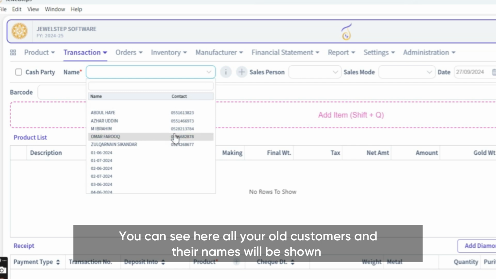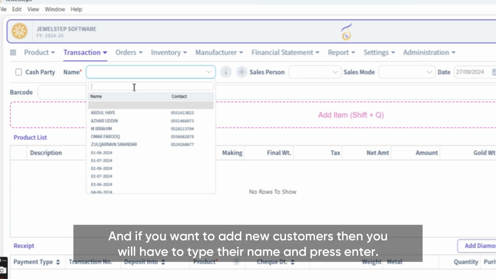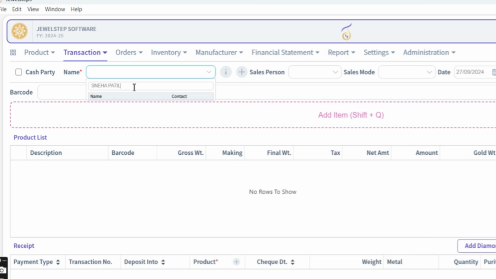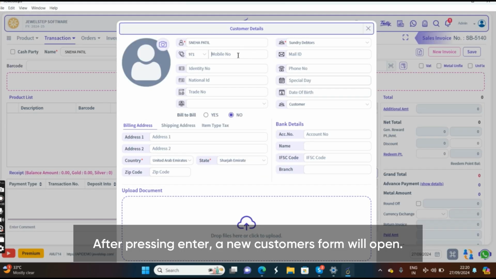You can see here all your old customers and their names will be shown. And if you want to add a new customer, then you will have to type their name and press Enter. After pressing Enter, a new customer's form will open, where you can fill in all the details of the customer,